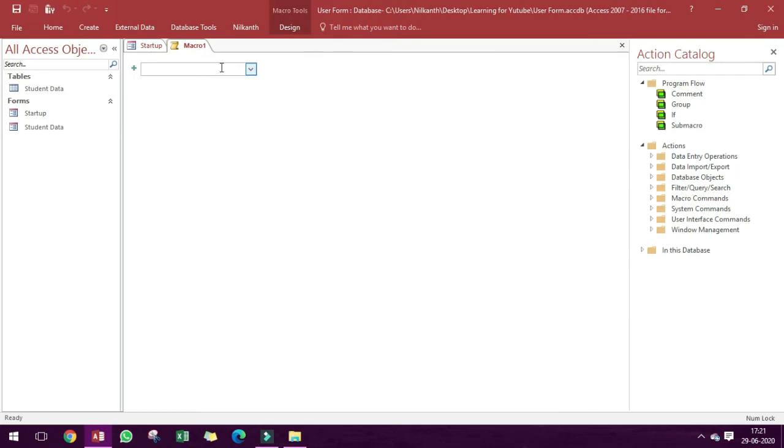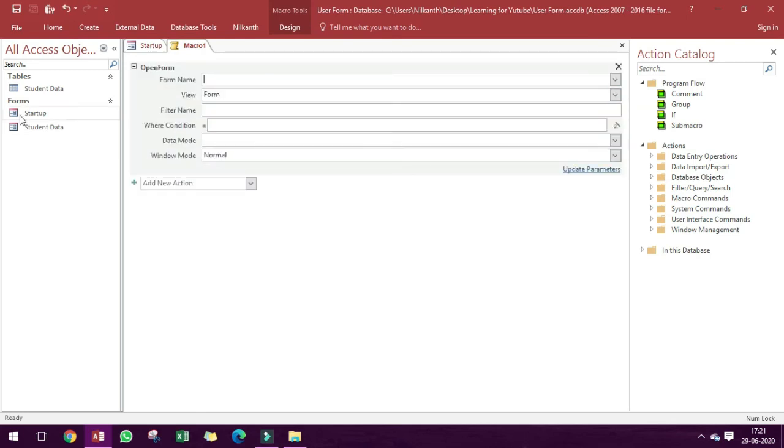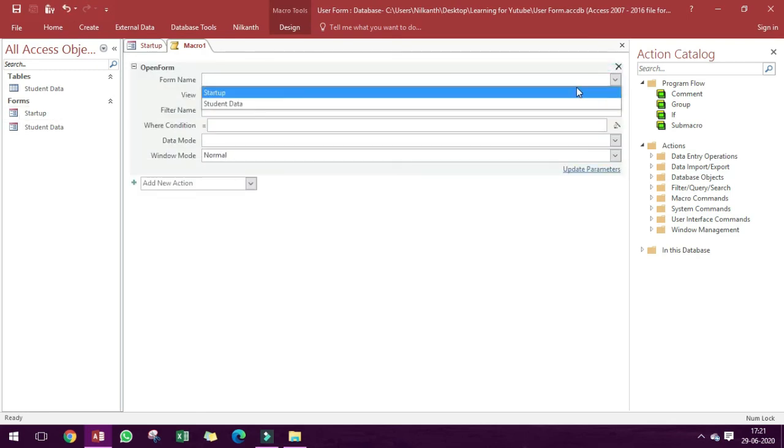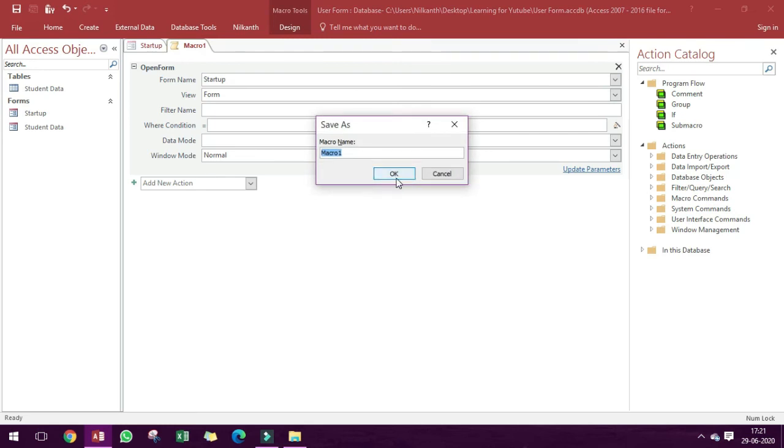Just type here open form, and here we will select the startup window and save it with the name AUTOEXEC. Then MS Access will directly select this and start up the program.